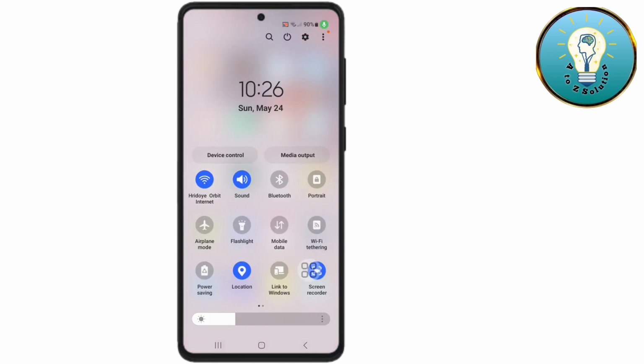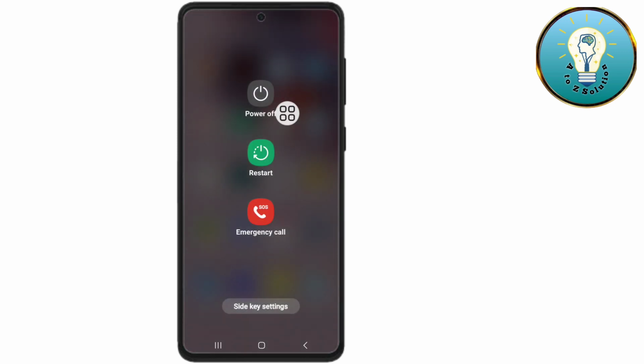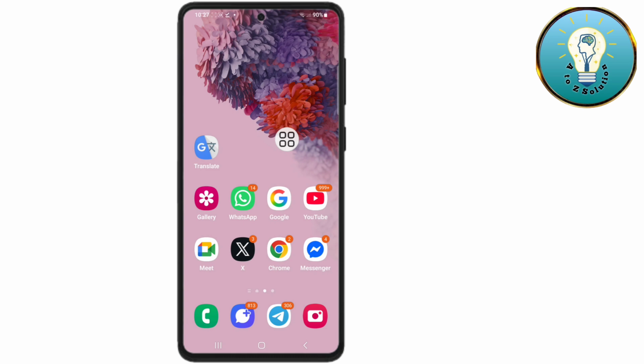Now tap on your power button, tap on Restart. After restarting your device,